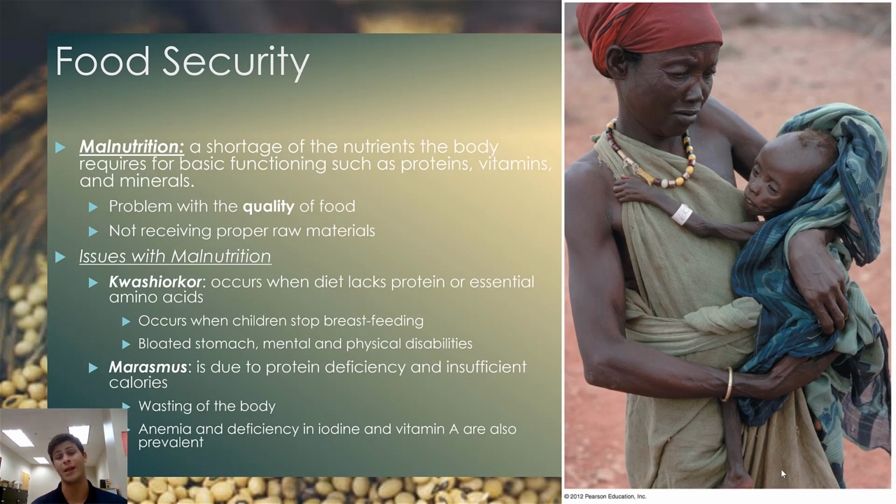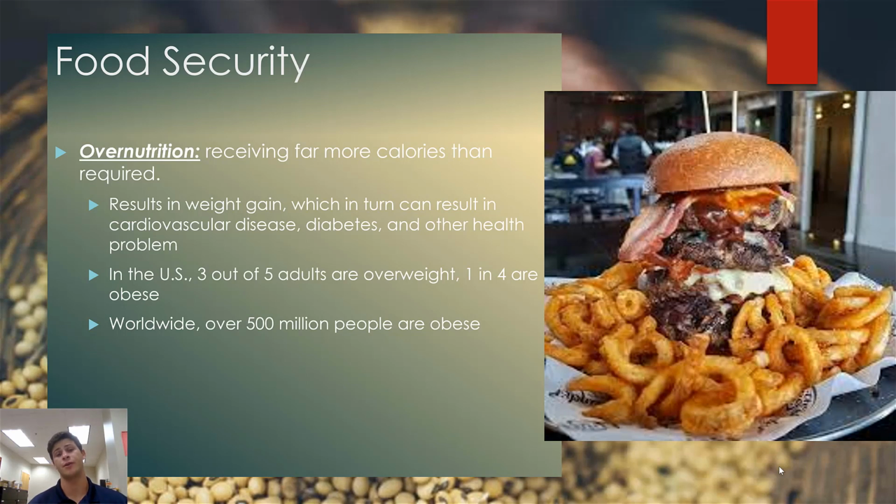Both of these are going to be really nasty conditions that no child and no parent should be subjected to. However, they are quite prevalent in areas of the world that are very food insecure, and this is why food security becomes such a big deal. Now, in developed countries, we actually have the opposite problem. We have issues with overnutrition, and overnutrition is basically receiving more calories than actually required. This is going to be things that lead to weight gain, obesity, and some of the major problems that we see in the United States, Europe, and some of the other developed countries around the world.